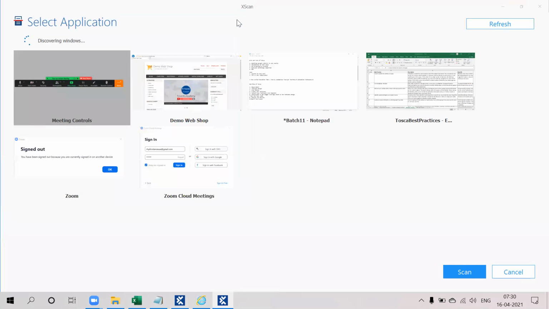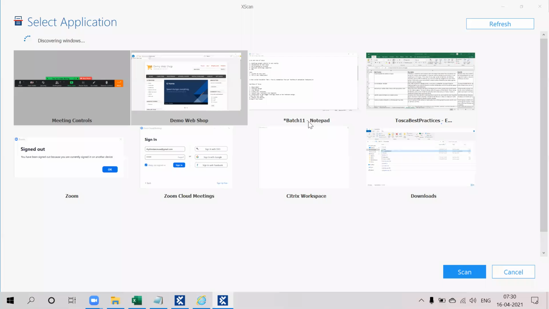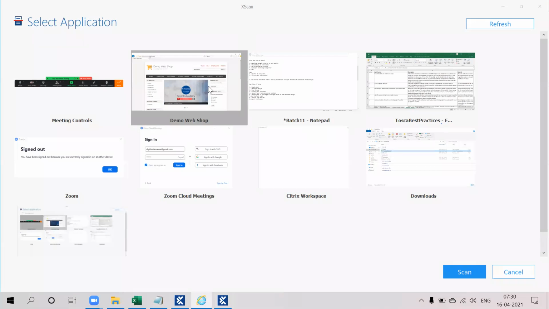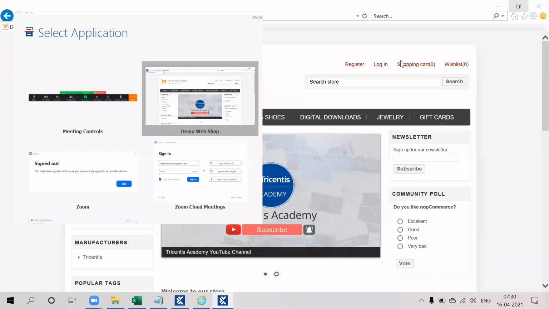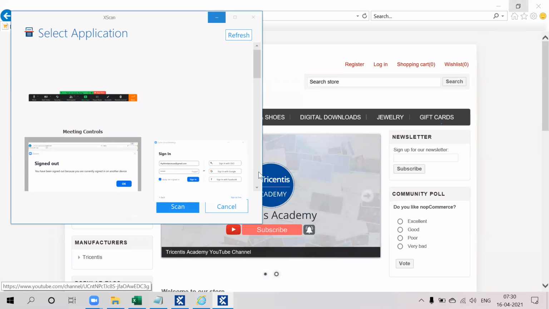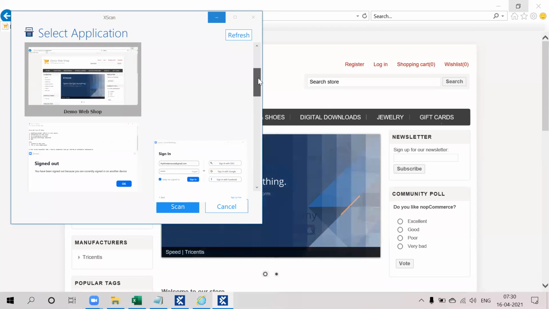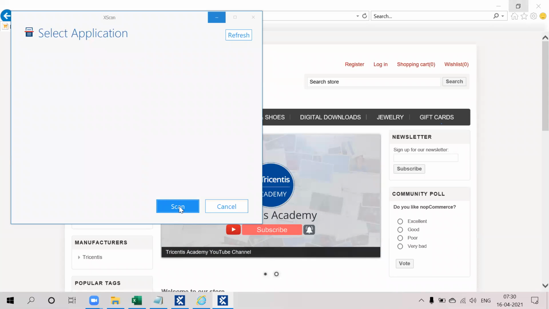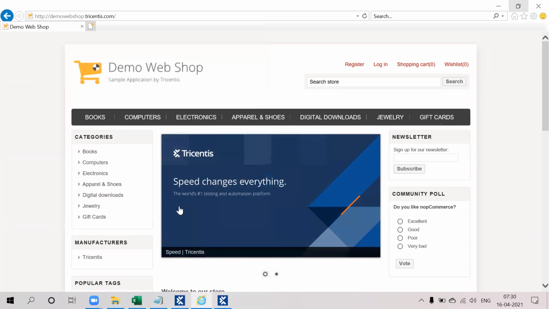These many applications are open on my desktop, so I select the application I am going to work on. I selected this demo web shop. Click on scan.